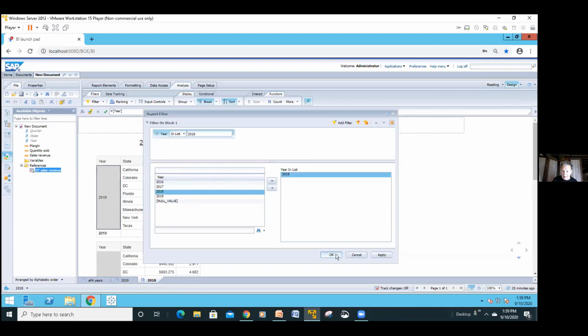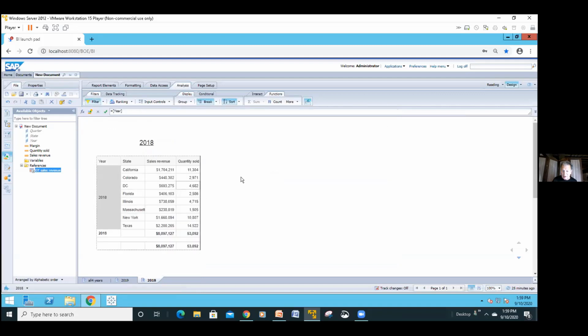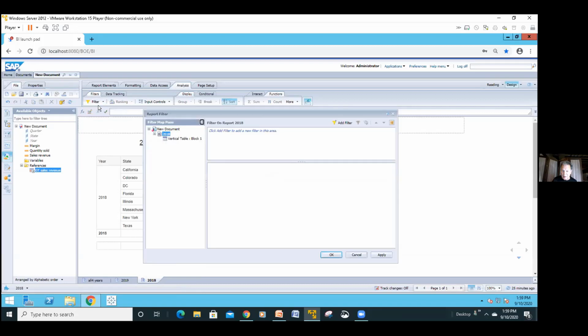All right, I'm applying it against that block on that tab. So if I build another report on the right, that local filter is not going to touch it. If I had clicked on the white tab area here and then done the same identical filter, it would become a block level filter for the vertical table block. I would have selected for that, and it would have done it for